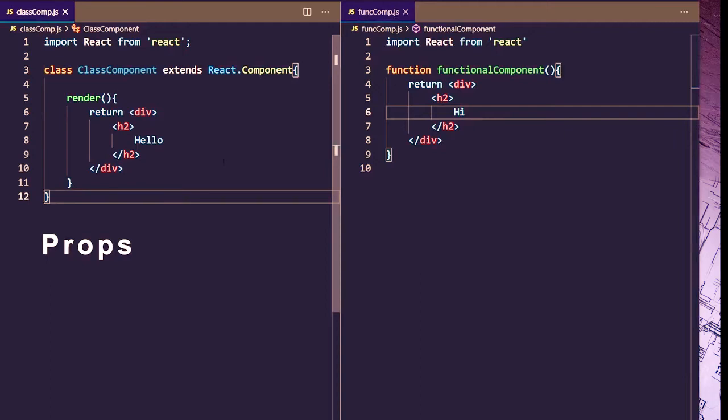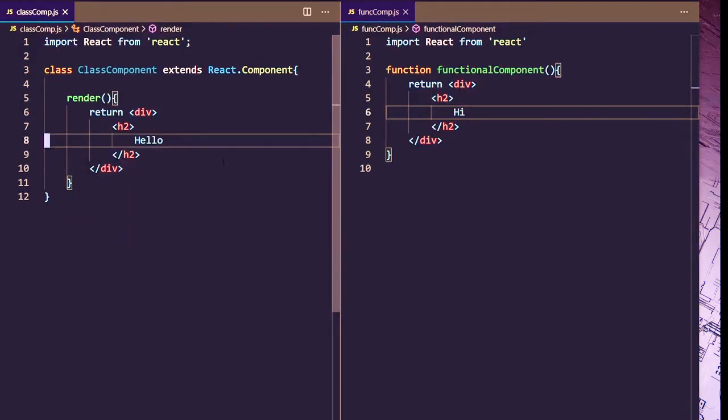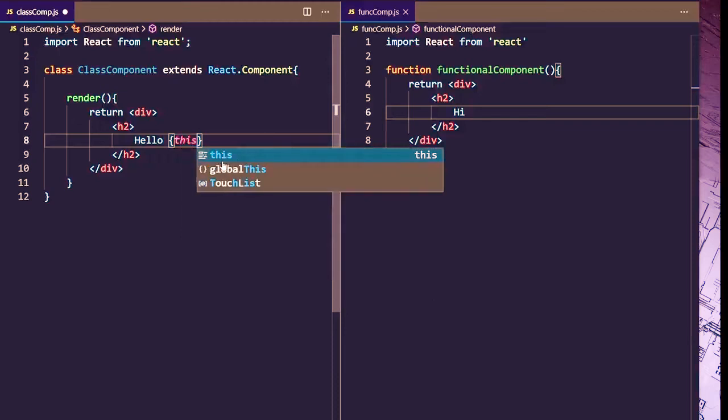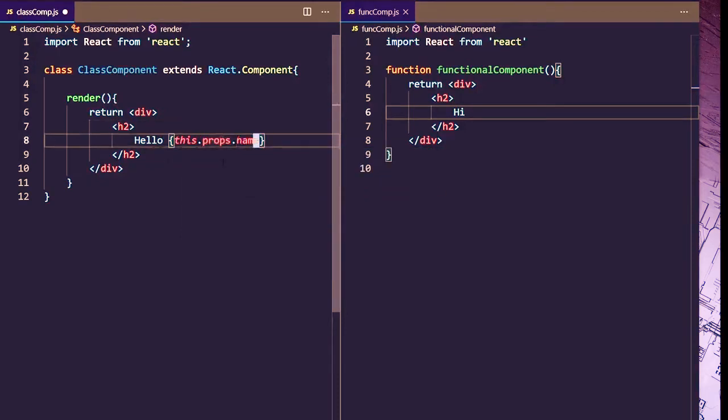Now I'm coming to the props part. How would you access the props in a class component and a functional component? In a class component you can use the context, this, to access the props. So let's say I'm passing name as a prop, so I can use this.props.name to show the name. And in a functional component,